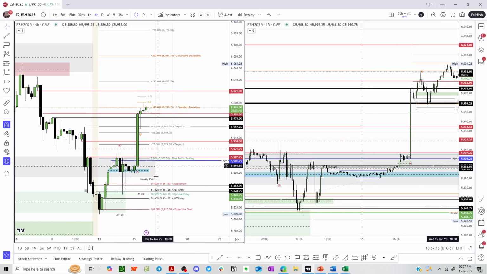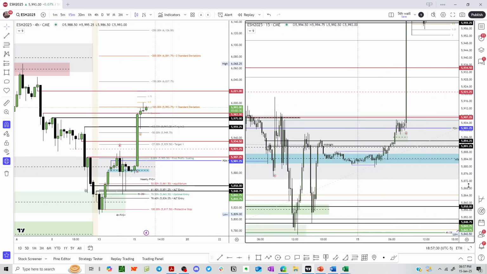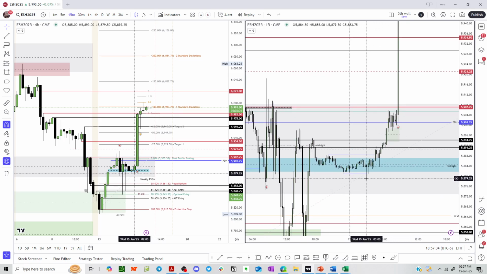So we have optimal trade entry from yesterday. You missed it, then you could have used another strategy to go long. If you don't see it on this time frame, this consolidation is not convincing to you, then you could have gone to a lower time frame, the 15-minute, for example. And we have